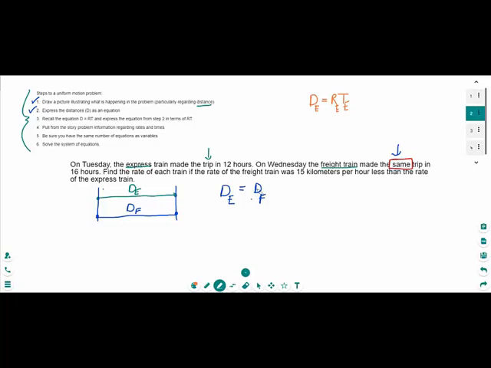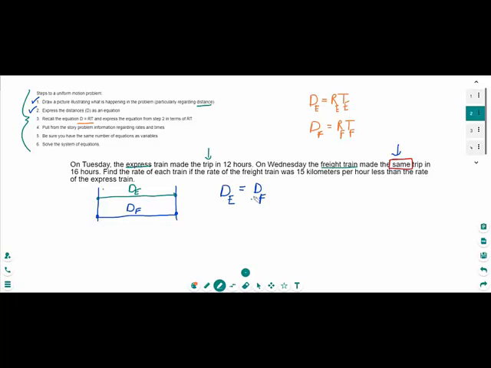So what about the d sub f, the distance of the freight train? Well, we could also write that in terms of an equation. The distance of the freight train would be equal to the rate of the freight train times the time of the freight train. Right? Okay, because of that wonderful equation. All right. Now, the beauty here is we now have two more equations, and we can actually substitute in for